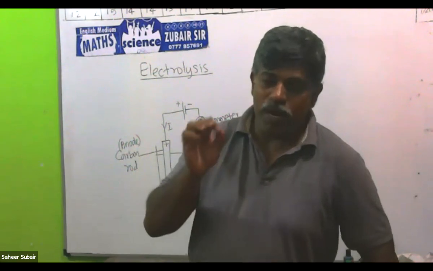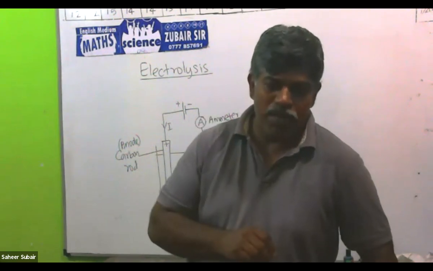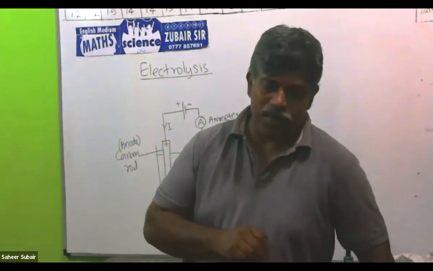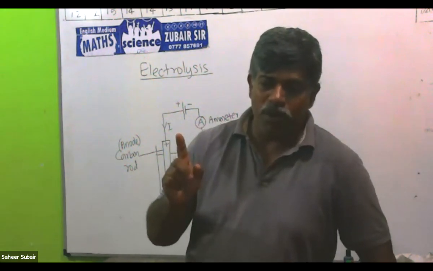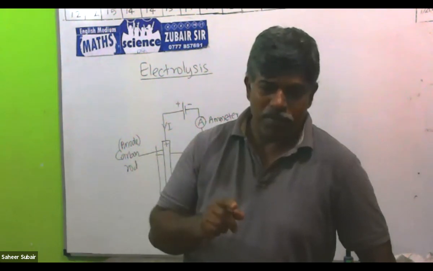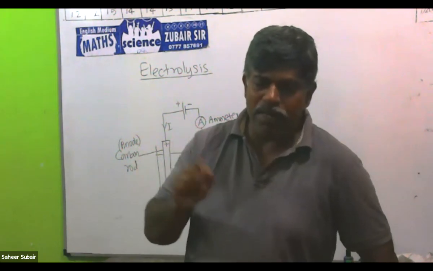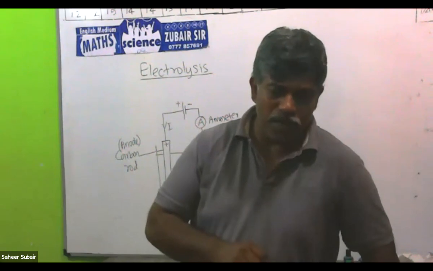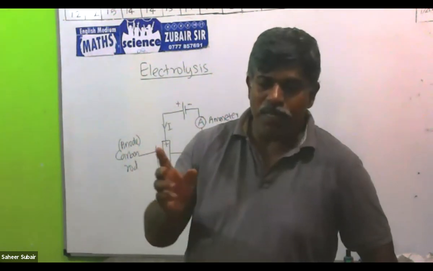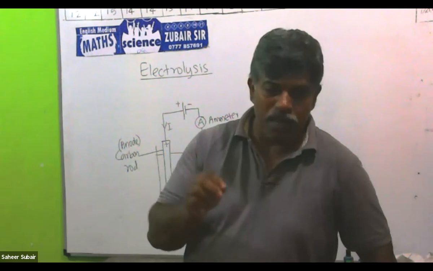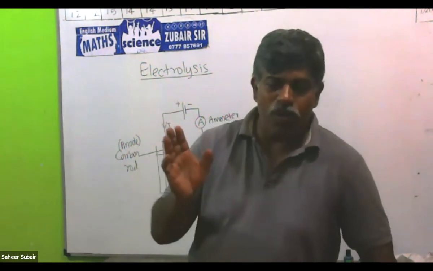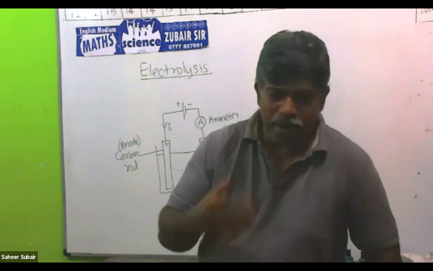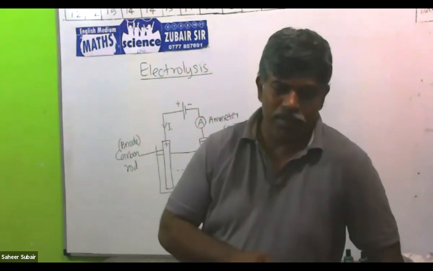But some covalent compounds are allowing the current because of the ionization, right? Hydrochloric acid is a covalent compound that allows the current. Hydrogen iodide is a covalent compound that allows the current. Sulfuric acid has covalent bonds and allows the current. We can't say all covalent compounds won't allow the current. When it ionizes, then that allows the current.